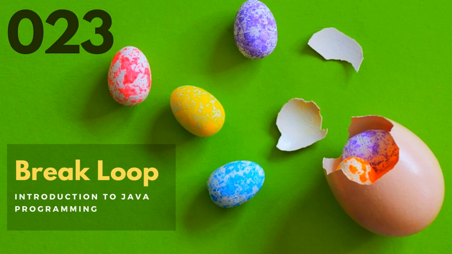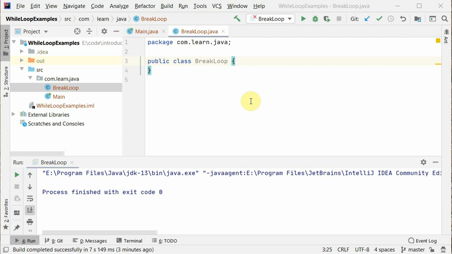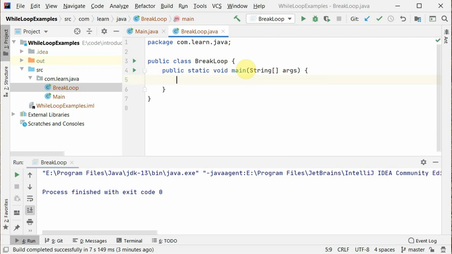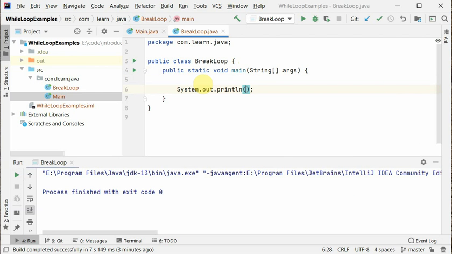In today's episode, we'll look at the break example, if we want to break a loop. Let's first create the main method. Let's write a small program. So we are before loop,